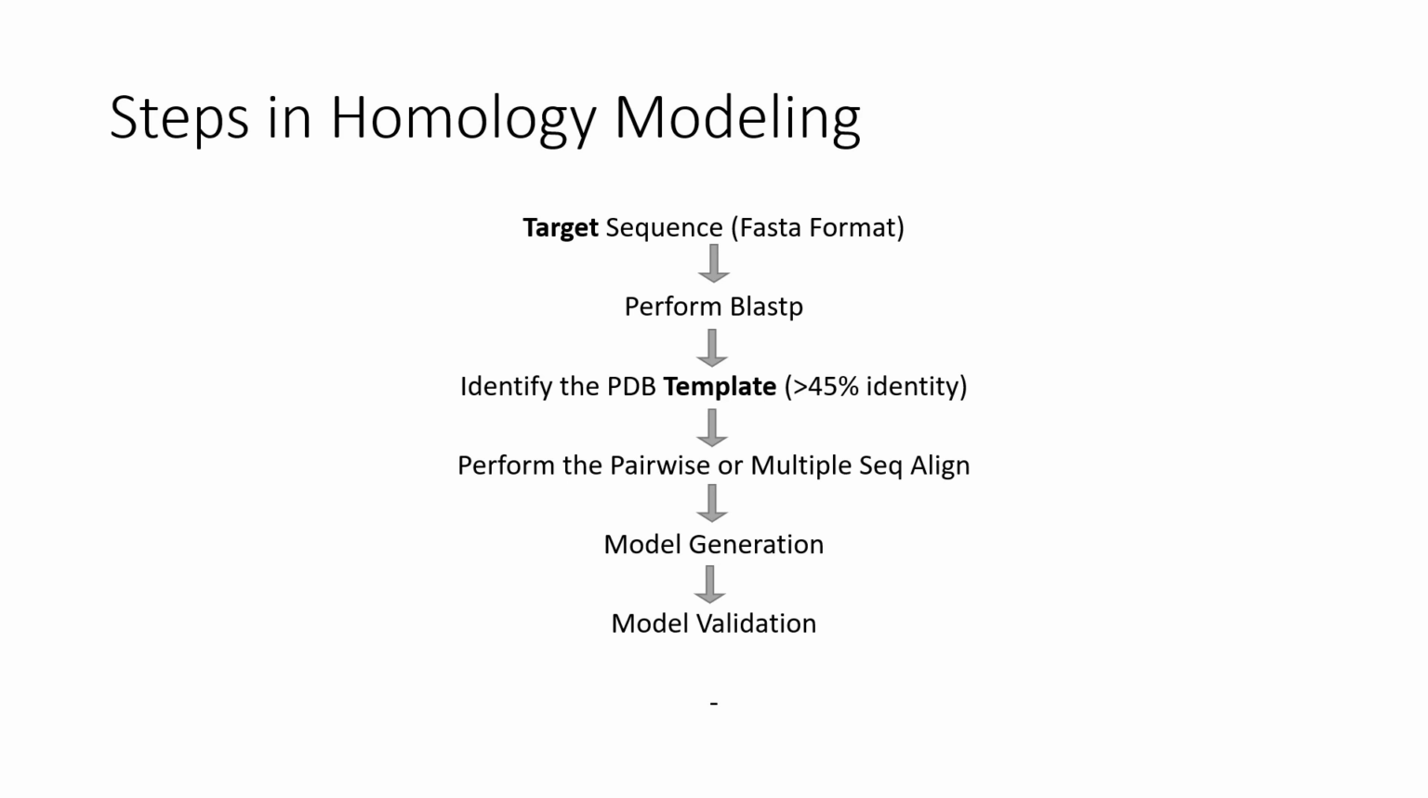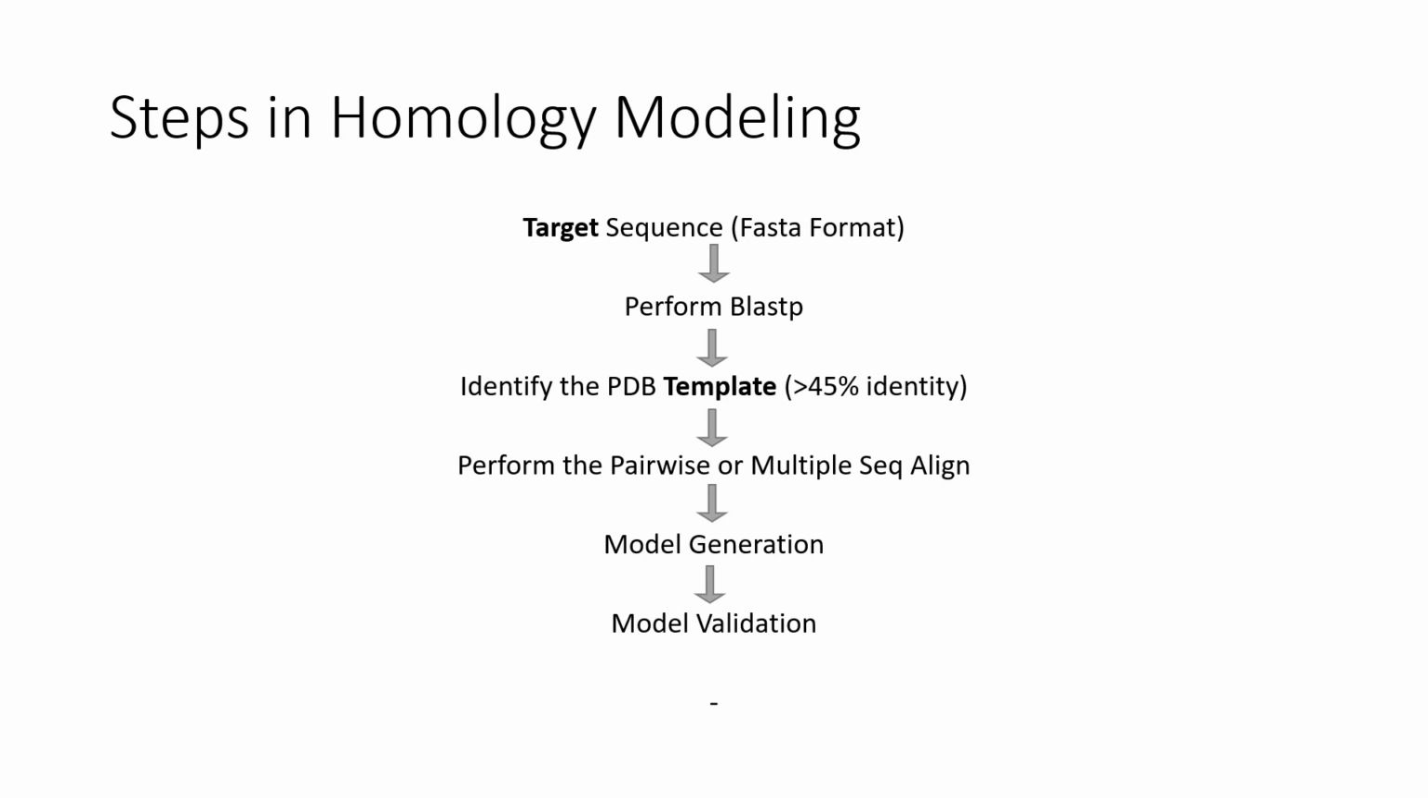So once you have the sequence, we need to identify which identical Protein Data Bank templates are available. We can do this step by using BLASTP. By using NCBI BLASTP, we will identify which template has a high identity with our target sequence. Once we identify our template, we are going to perform pairwise sequence alignment or multiple sequence alignment with